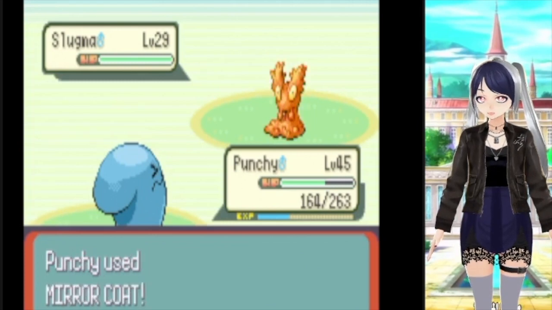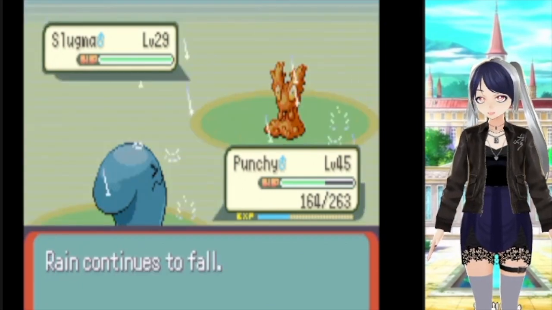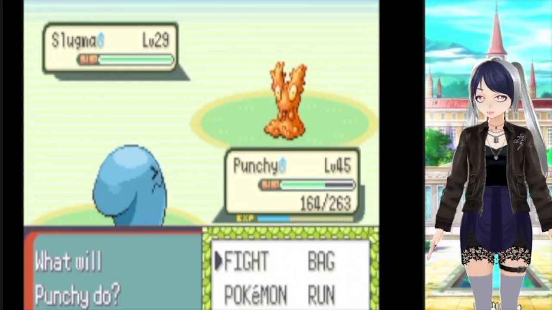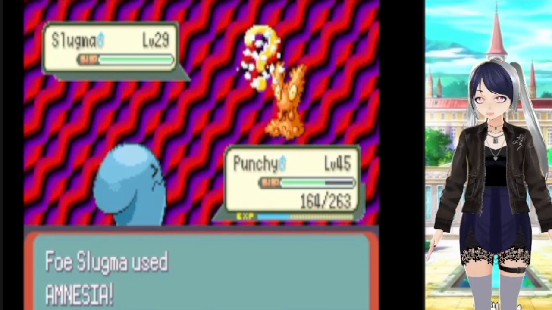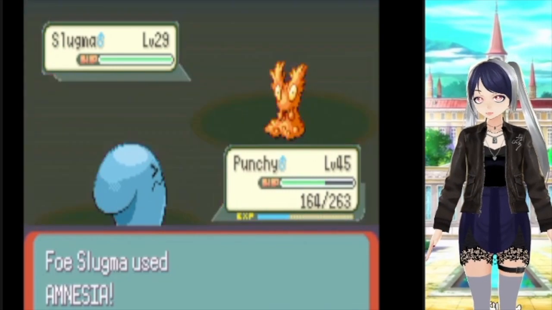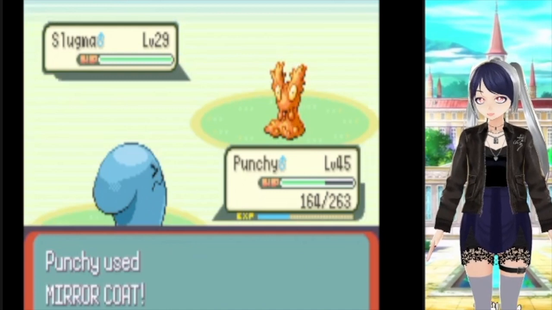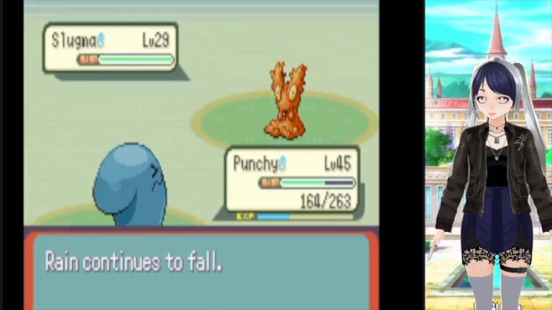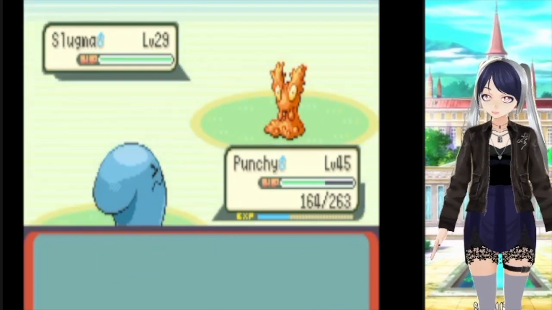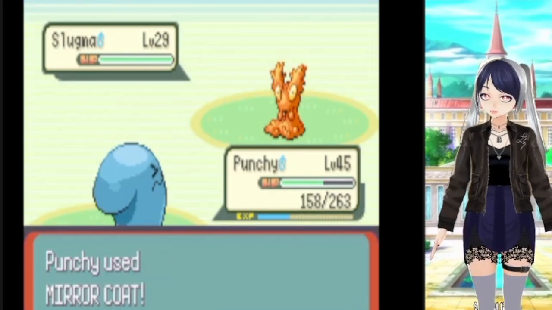And this Slugma right here is putting on a clinic of why non-damaging moves are just truly pointless. We're 4 turns into this battle and nothing has happened. And it goes for another Amnesia. So we're 5 turns in and it hasn't done anything. Okay, but it finally uses Ember,